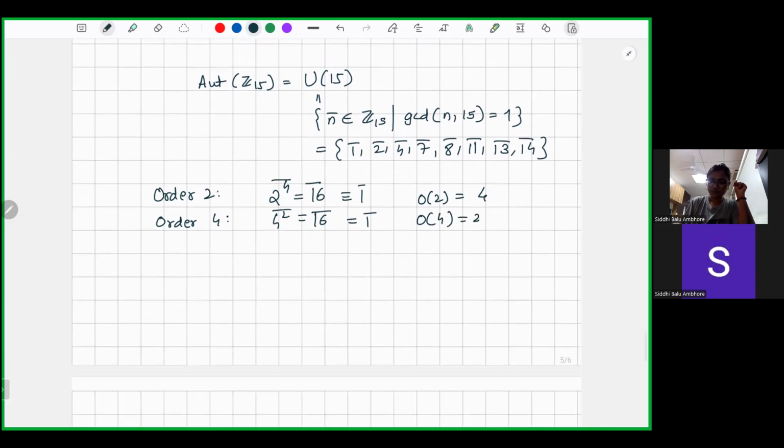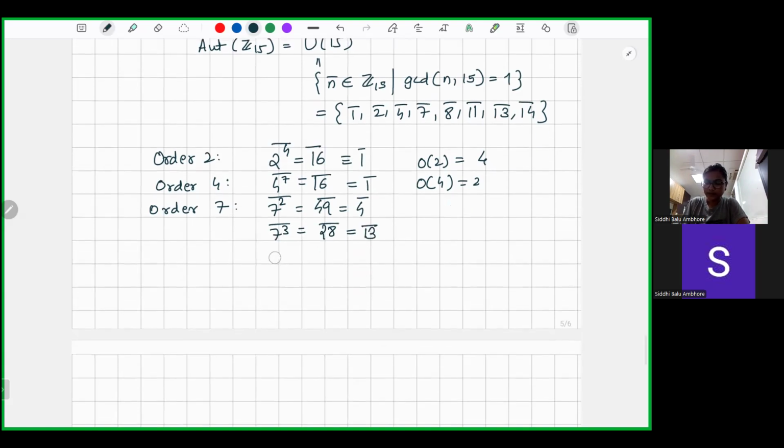That is, the order of 4 is 2. The order of 7: 7 squared is 49, and 49 mod 15 is 4 bar. Now that I have 4 bar here, I will have to multiply it once more by 7. So this is 4 bar. Now 7 cubed is 4 sevens are 28, which mod 15 is 13 bar, and 13 into 7,